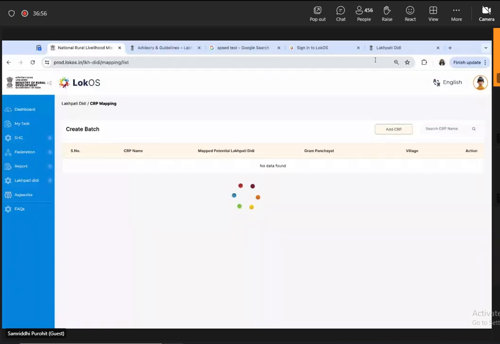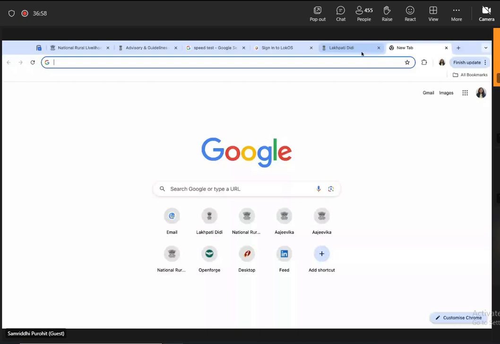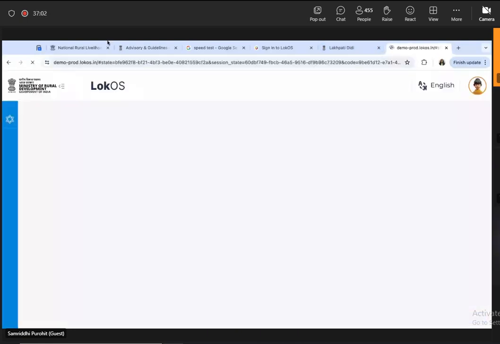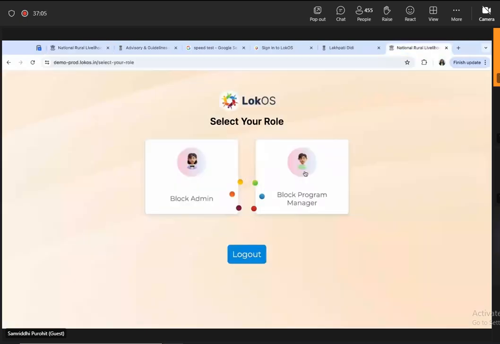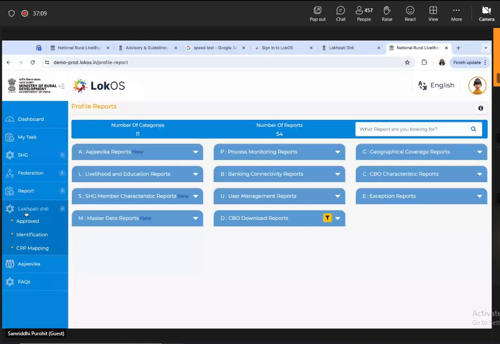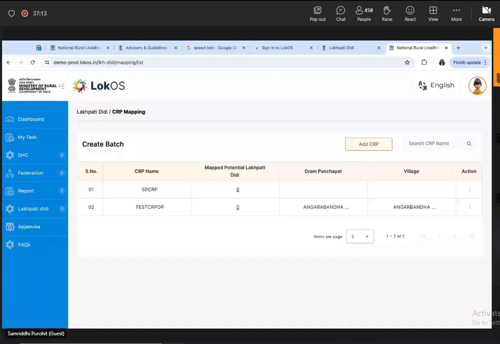Hello, Samriddhi ji. Yes. This is Ashish from Telangana State team. I had a question regarding the first screen which you have shown in the VO login, wherein there was a filter for showing only the PLDs, and if you deselect the PLD, they show the other members, right? So the other members are not a cumulative of PLD and others, right? It's just excluding PLDs. Excluding PLDs.